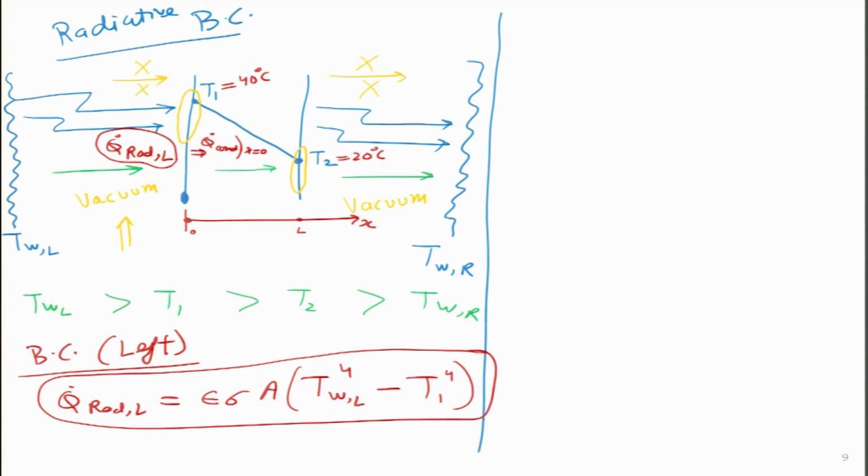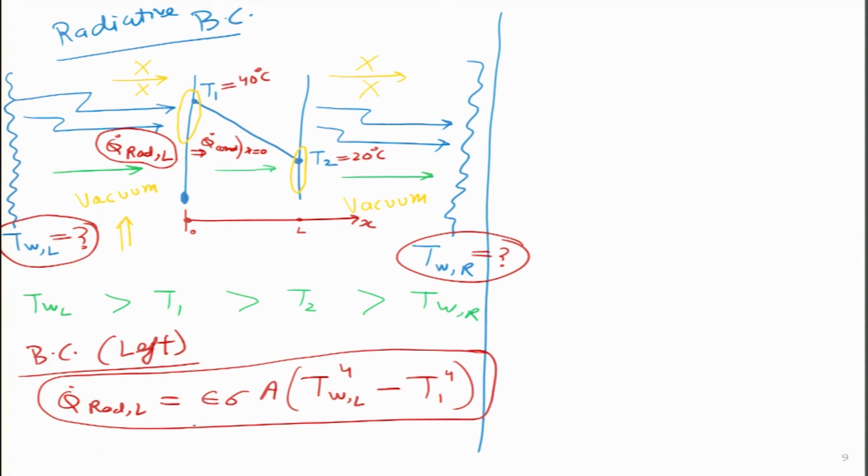I am going to assume some values of 40 and 20 degree over here, and our objective is to figure out what temperature of the left wall, left surface over here should be in order that the wall temperature is 40 degree over here, and then again over here I will try to figure out what is the temperature of the right hand side surface, so that the right face of our wall is having 20 degree centigrade. So, this is the Q dot radiation over here.